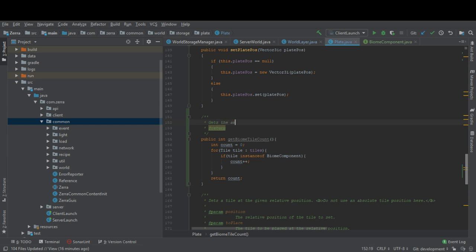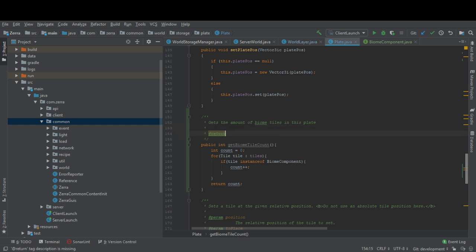Gets the amount of biome tiles in this plate, return the amount of tiles to extend X. So the amount of tiles to extend, and then we're just going to do